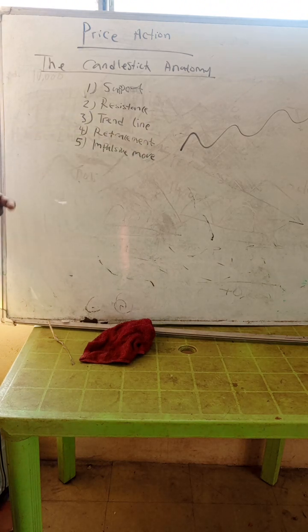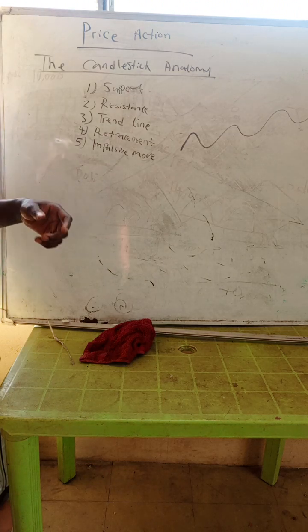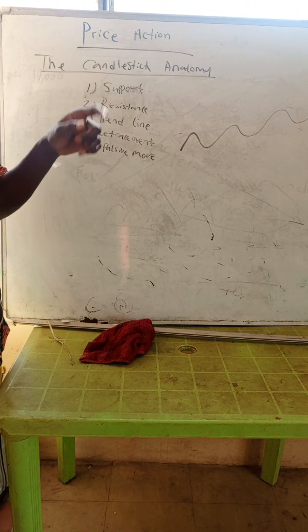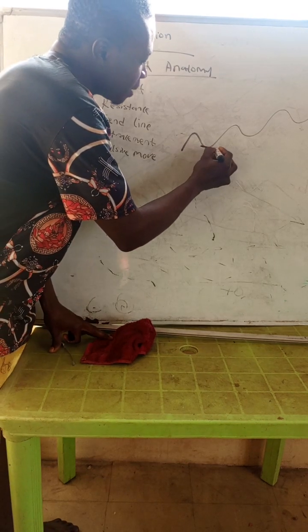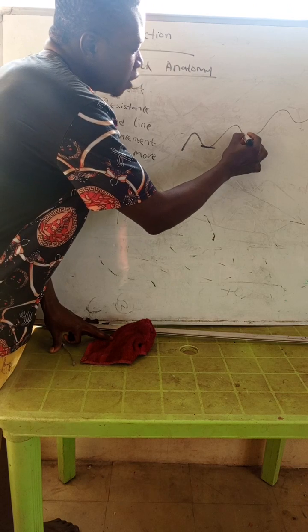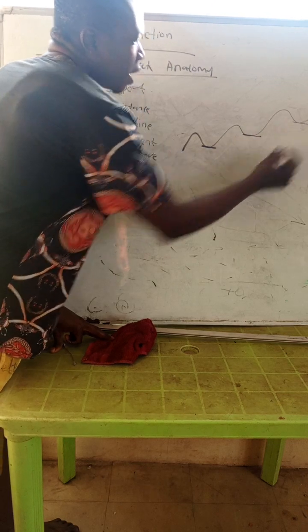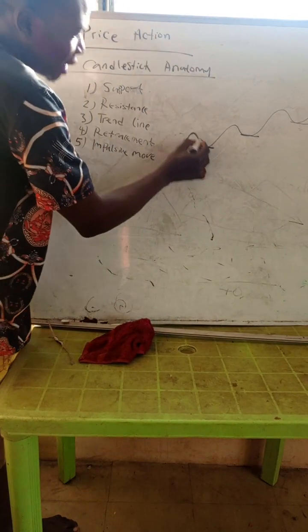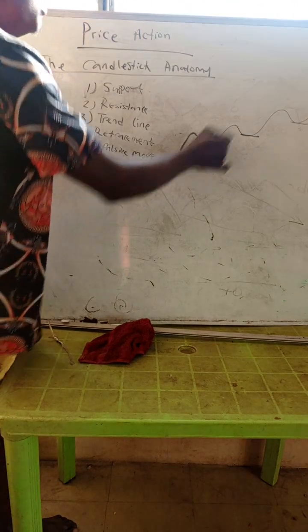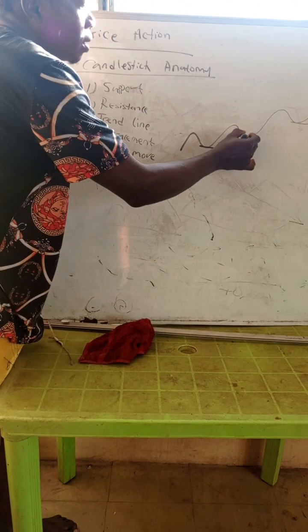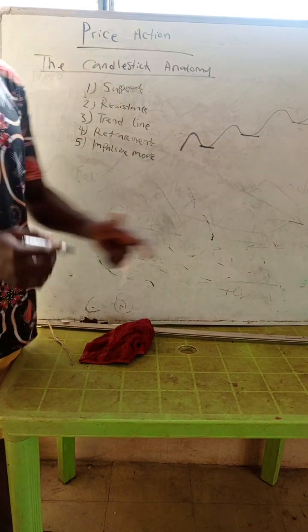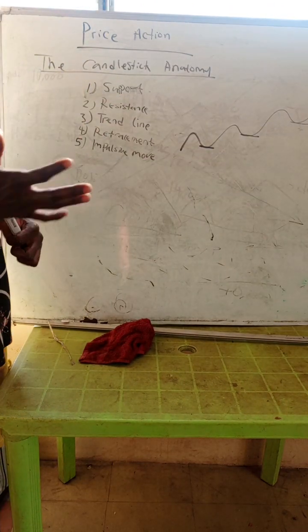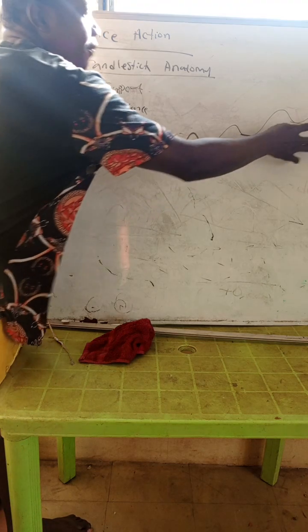A trend line is just a tool, a line that is used to connect all the supports. Remember your support areas. So what is support? Support is the area in the market where the price fails to go any lower. So here is one area. The price failed to move any lower here. It failed to move any lower here. It failed to move any lower here. It came down, touched it, failed to move any lower, and moved up from this point, then down, moved up from that point, down, moved up from that point.